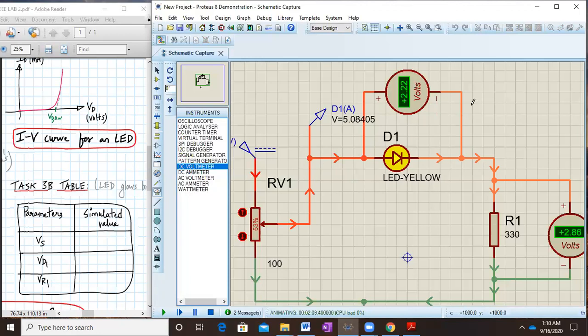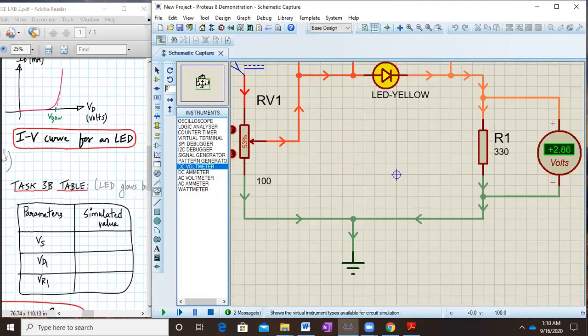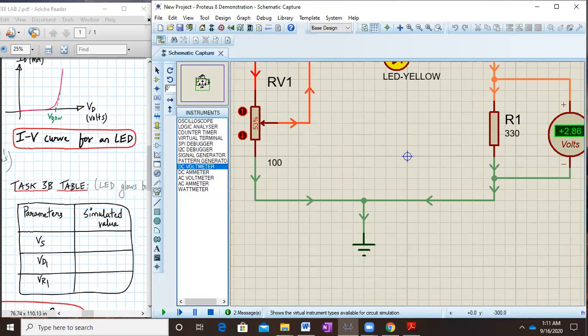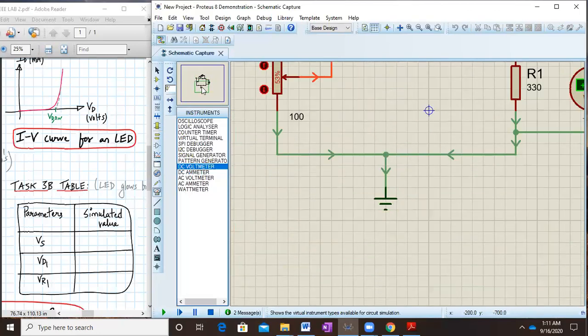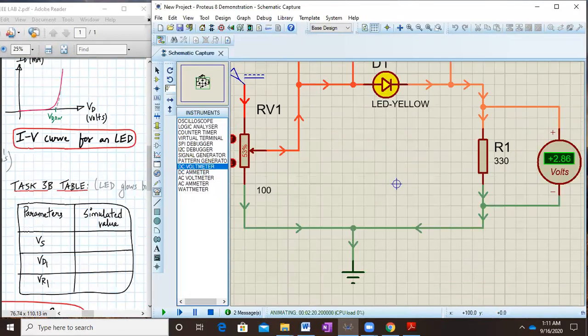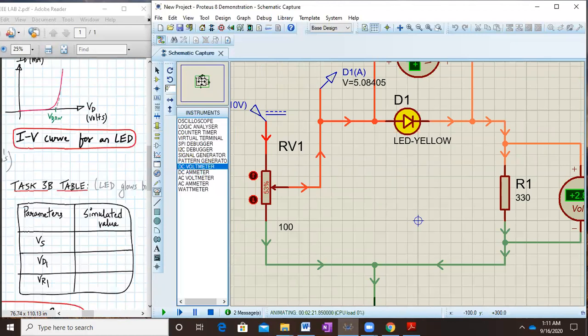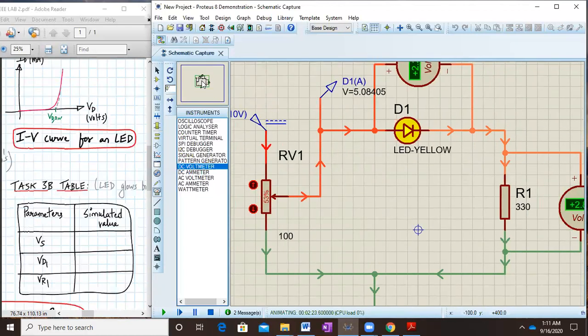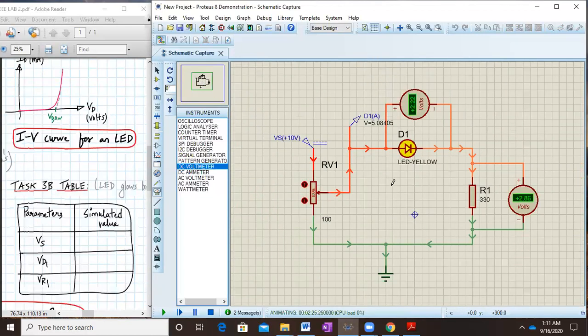It becomes light red whenever the current is flowing through the resistor, and below the circuit, if you see carefully, all the current is flowing through the ground, as you can see, all the arrows. So this will indicate the direction of the arrows in the circuit. Okay, let me just reduce it. I talked about this diode voltage of 2.22. Let me explain this. So this is how you will run the simulation.